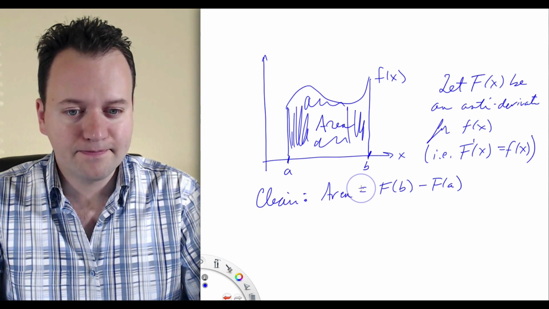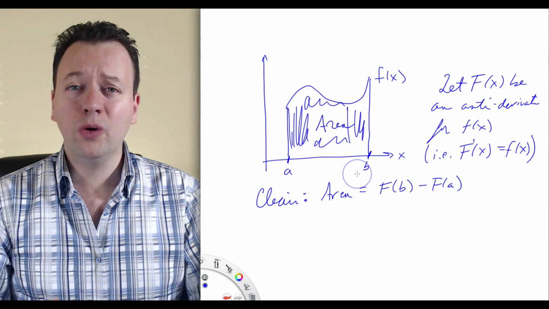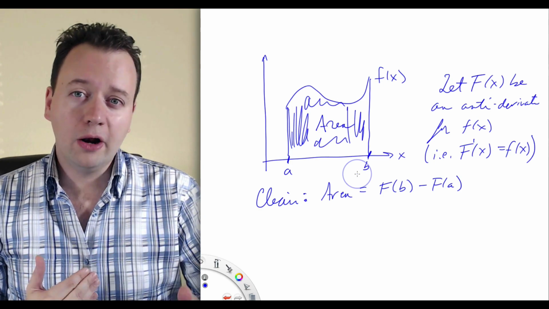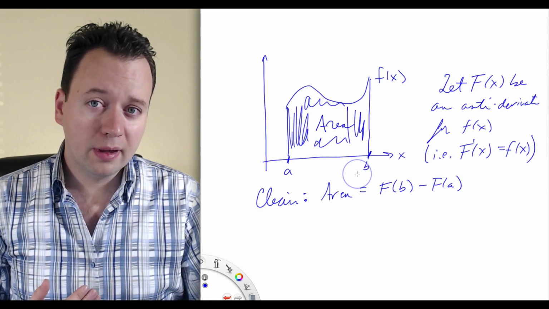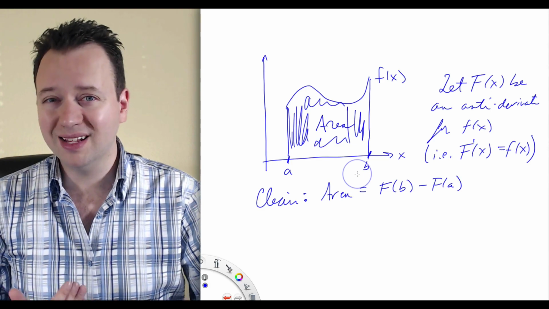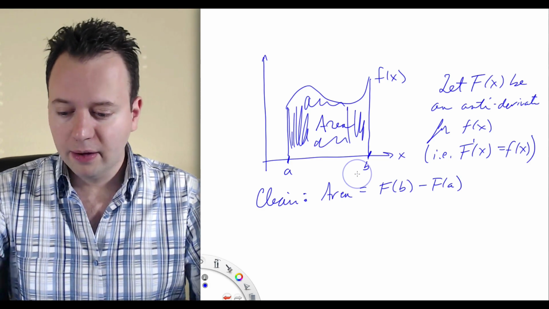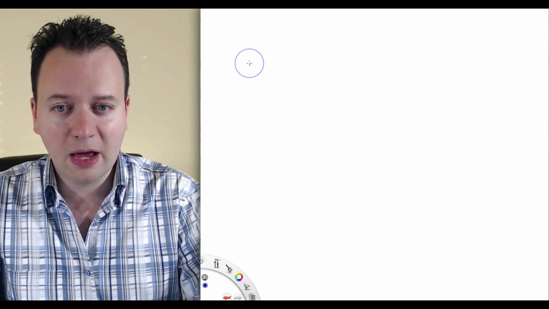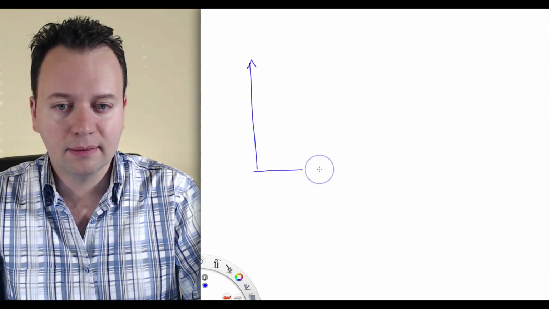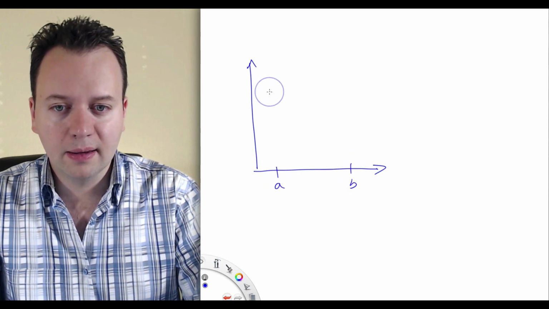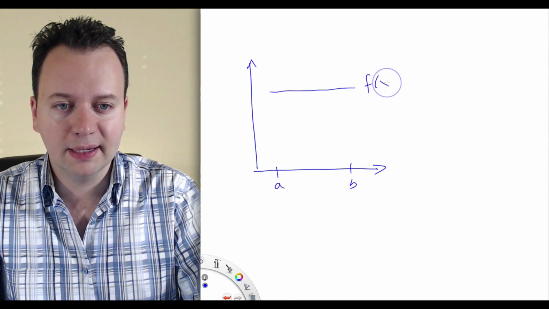Just like that. And the reasoning is exactly the same as the area underneath your velocity curve giving you the total change in your position. It's the position at b minus the position at time a. Right? So we can start the same way. If we let this be a and this be b, and let's say f of x is constant,